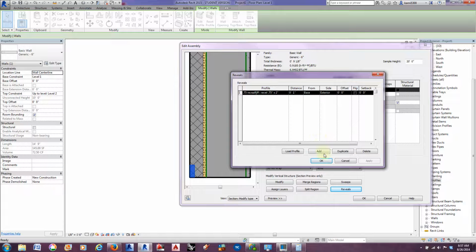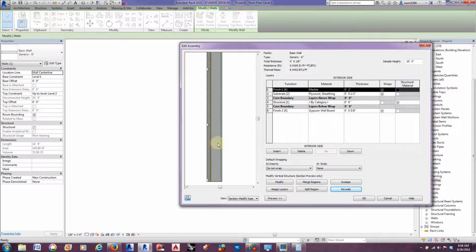If I go ahead and select this guy and duplicate it, it duplicates the one that we just made. If we add one, it goes back to default, and that kind of can get a little annoying. So what I like to do is just duplicate multiple ones, and then we can set these at different heights from the base constraint here. Do 9 feet. Hit apply. Okay, if I scroll out with the scroll wheel here, you can start to see that this is now cutting